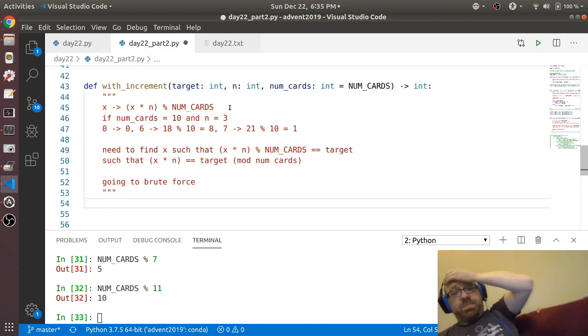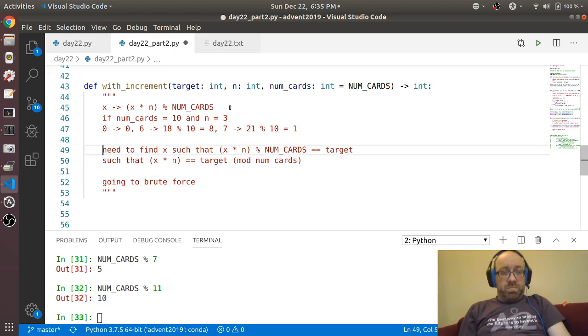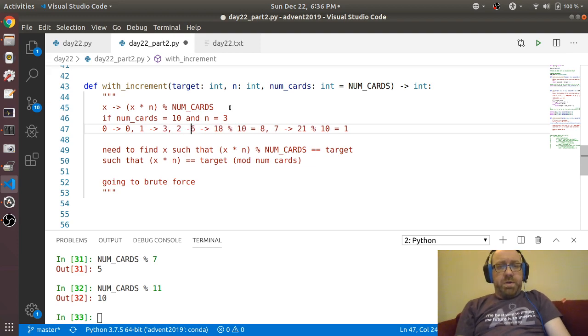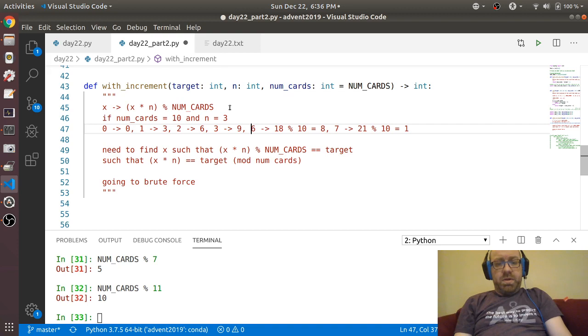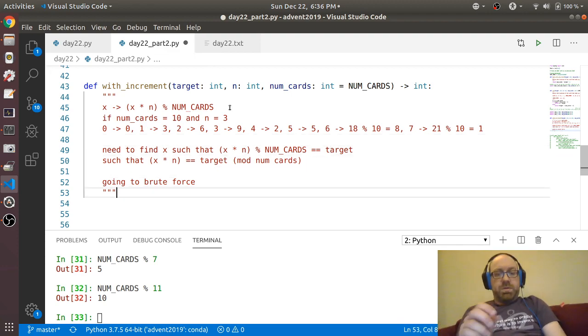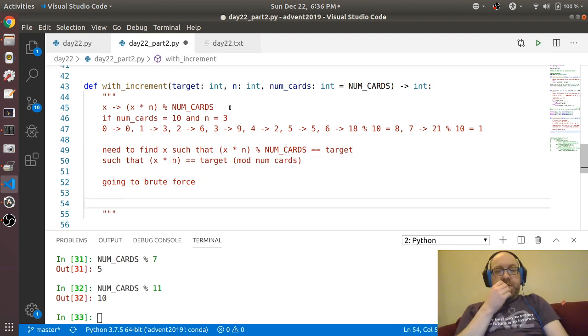What's going to happen is 1 goes to 3, 2 goes to 6, 3 goes to 9, 4 goes to 2, 5 goes to 5, 6, and so on. Going to brute force. And so what do I mean when I say I'm going to brute force? What I mean is that